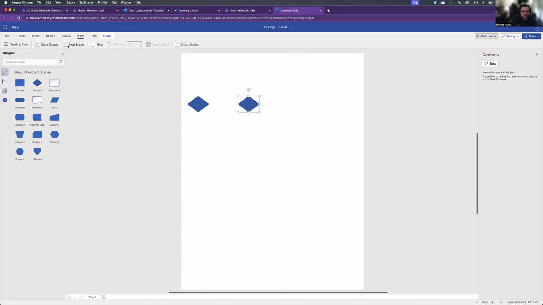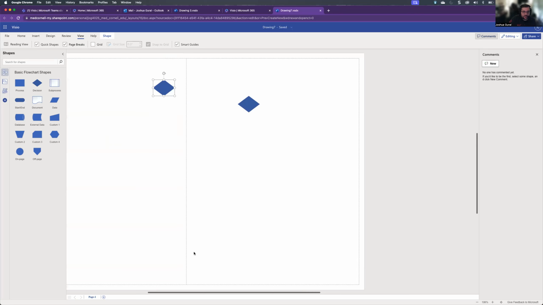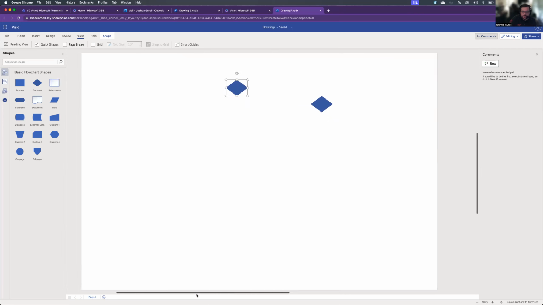The other thing is page breaks. So the page breaks will show how it's going to be printed. So this is an example of a vertical Visio form. If you would extend past what was possible on a standard sheet of paper, it will add a new piece of paper. Now, if you do this without the page breaks, it does the same thing. It just doesn't give you the reference of the paper because it doesn't matter, right? So if you're not going to print it, I tend to leave page breaks off because it just is extra stuff that doesn't really matter if you're not planning to print it. But if you are planning to print it,